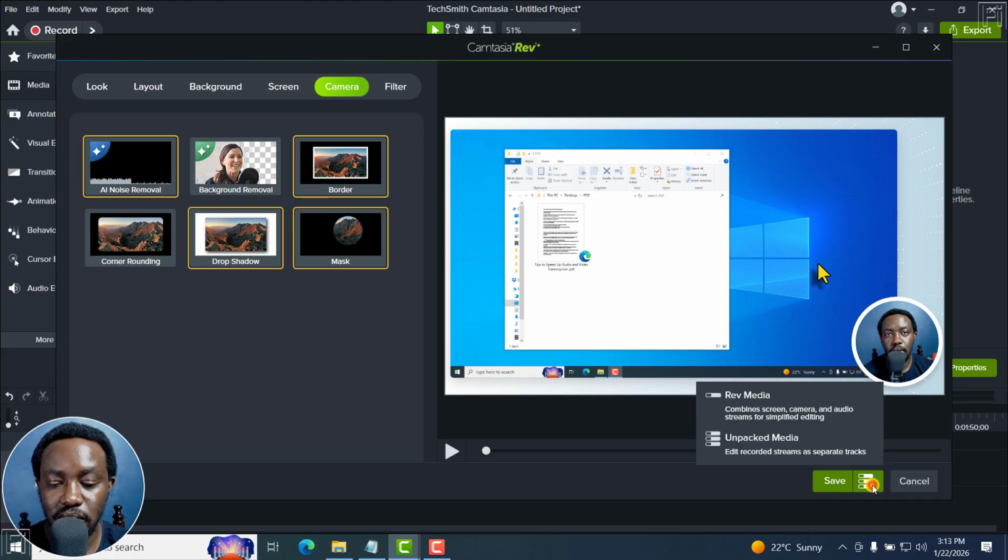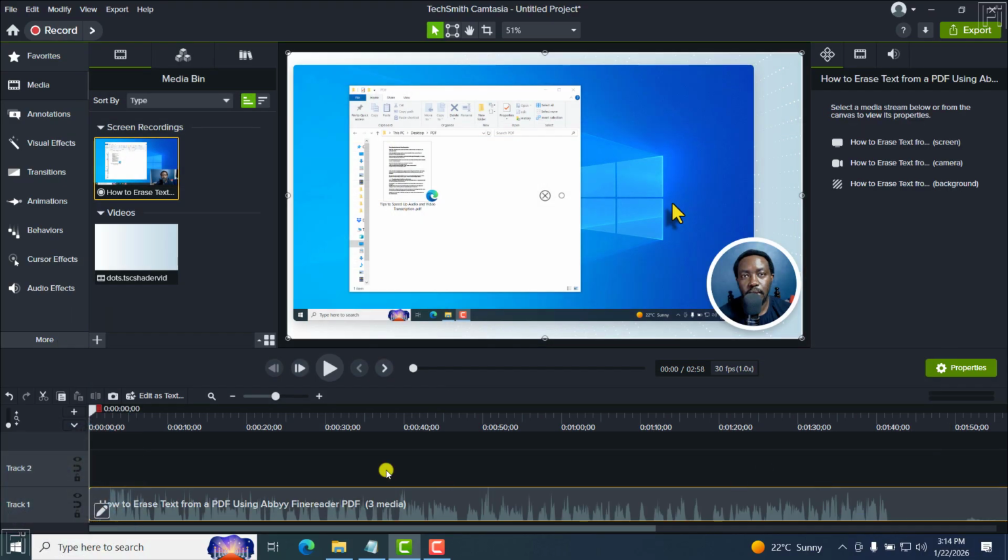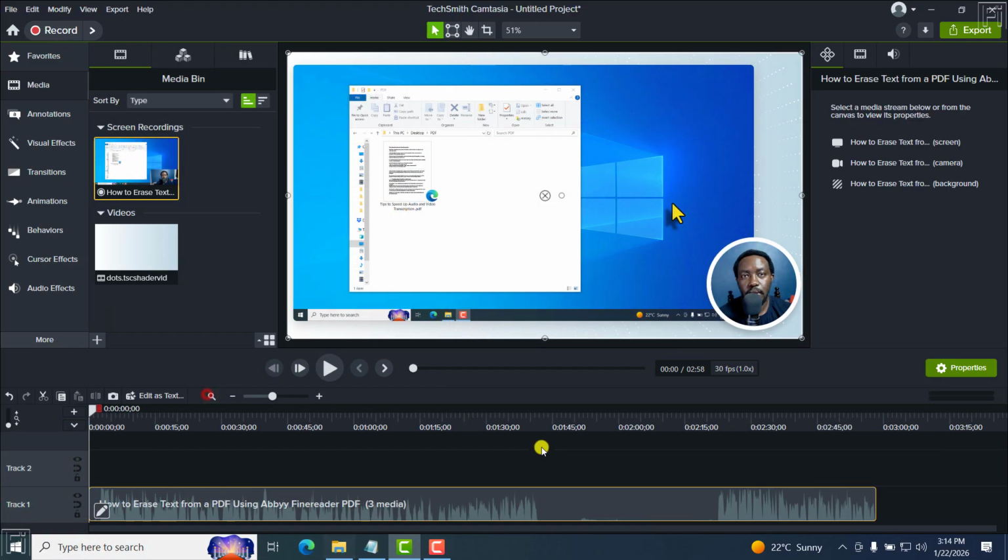options. If I click on this, you'll see there's the Rev media. It combines screen, camera and audio streams for simplified editing. And then there's the unpacked media. Edit recorded streams as separate tracks. Now it's going to apply all this, but inside Camtasia, you can either get it as Rev media or unpacked media. So if I choose Rev media and click on save, what we get is more or less one file